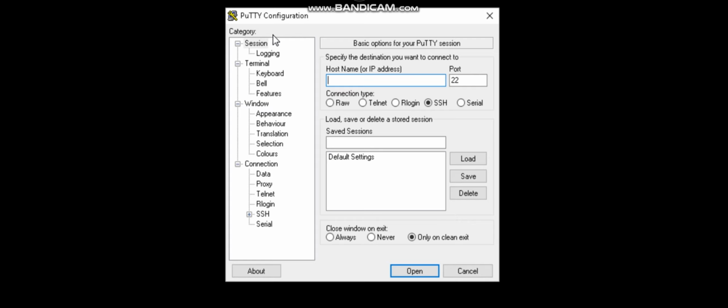So we need to create a session. I'm clicking on Session first, and there is an address bar where I can put my Linux IP address. So here is my Linux IP address. I'm putting it in: 154.235,